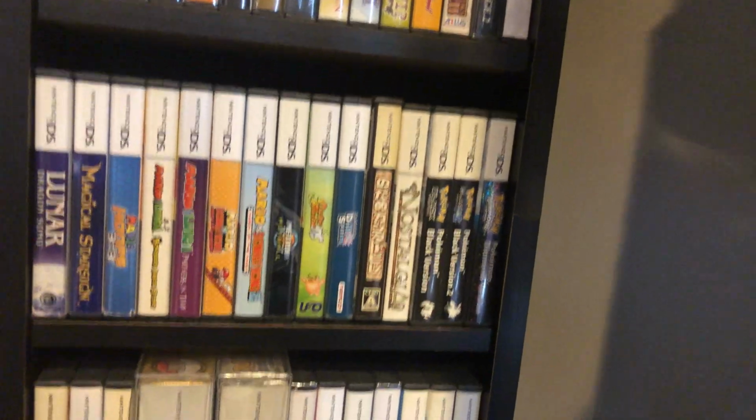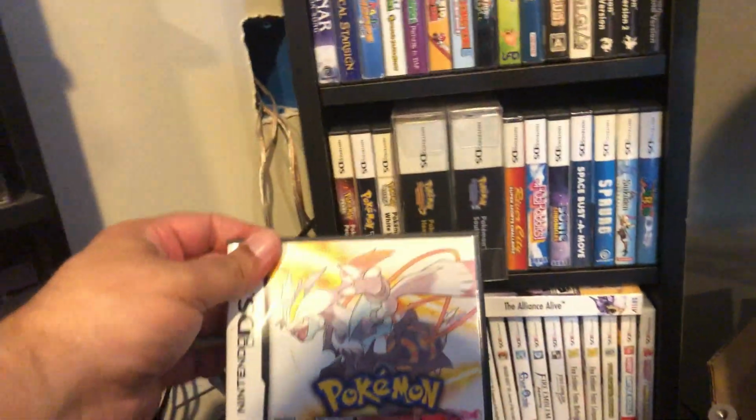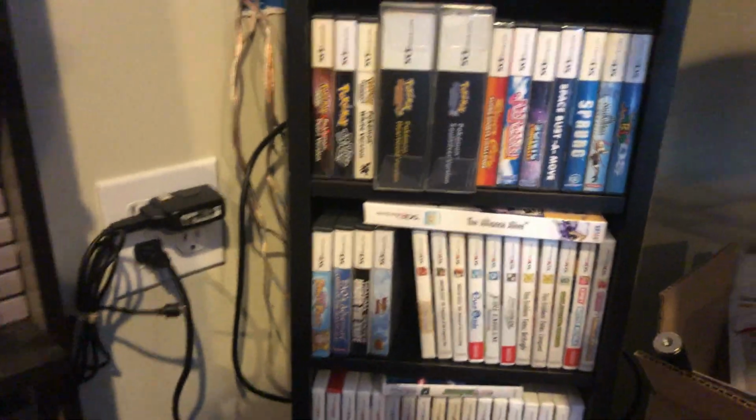I have a decent amount of the Pokemon games on the DS. I actually don't have them all. I at least am missing White 2. I know I have the case down here just in case I come across it. And then we have my